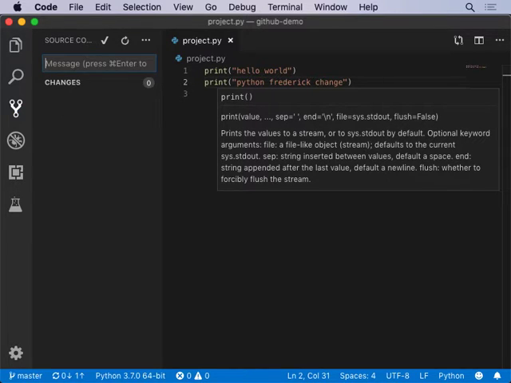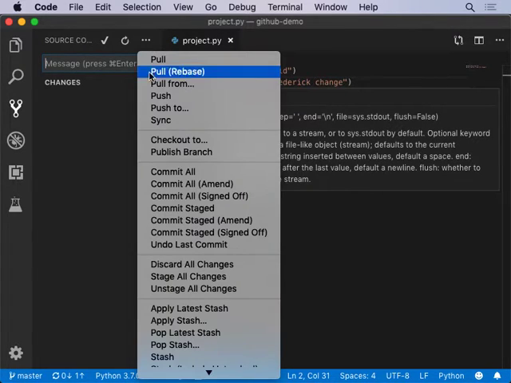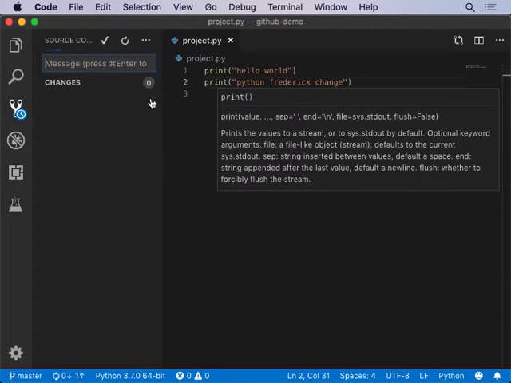So what I've done here is made a commit to this local repository for Python Frederick. It is not even close to the MB layman clone that's living on GitHub. Make sense? And if I do a push right now, which I just did,